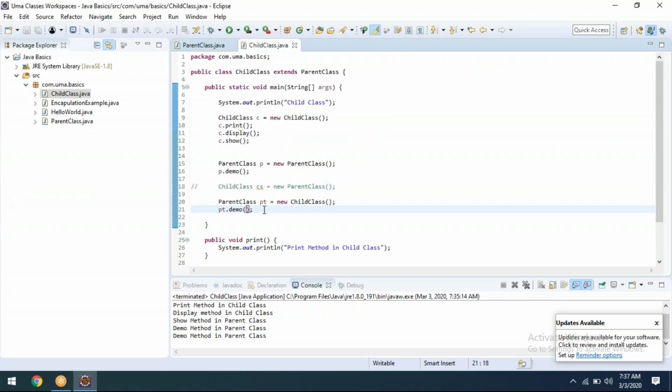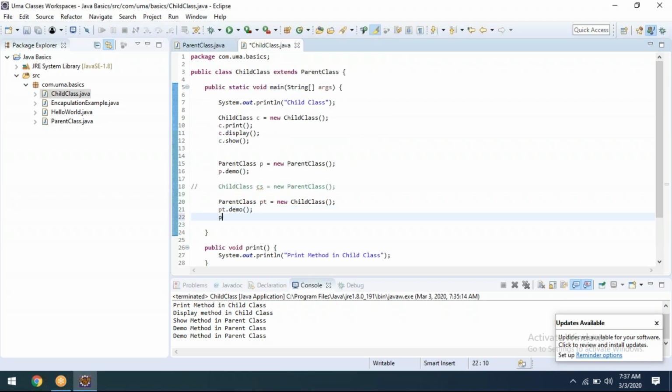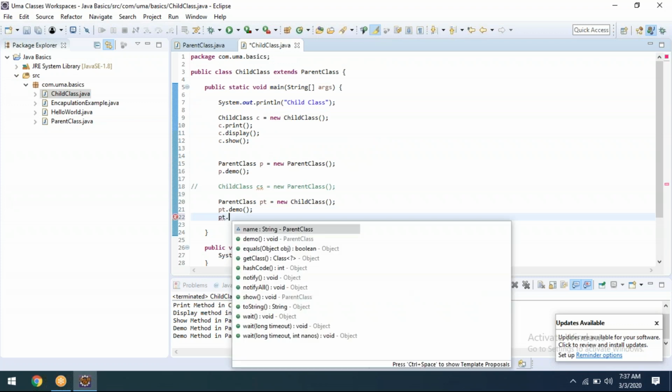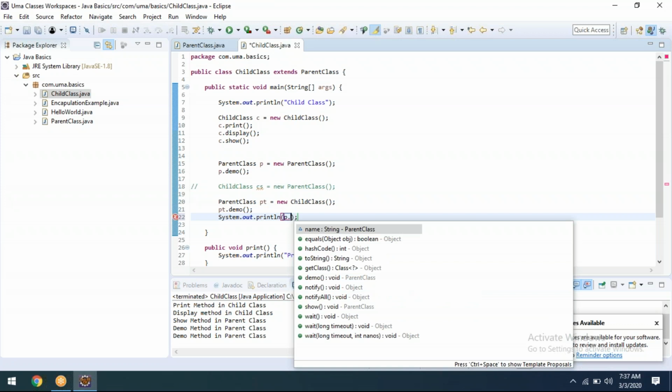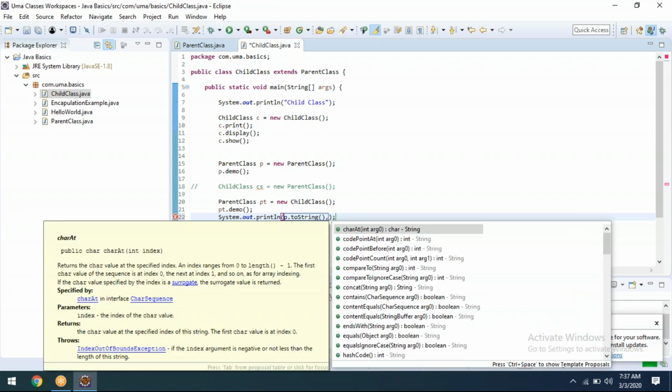Let me hit this. See, pt dot, if I put it, it is coming because it's a parent class reference. System dot out dot println of p dot name, pt dot name. See now, for p also it is coming and for pt also it will come.